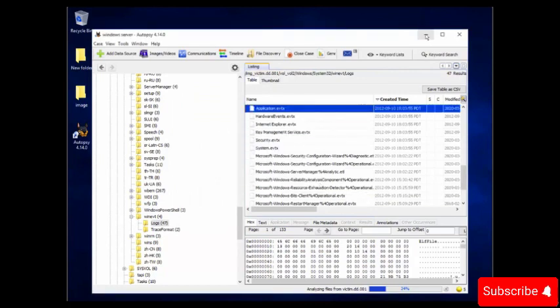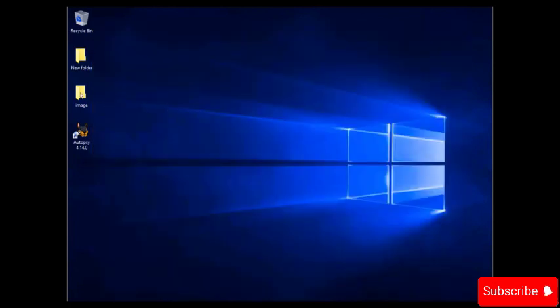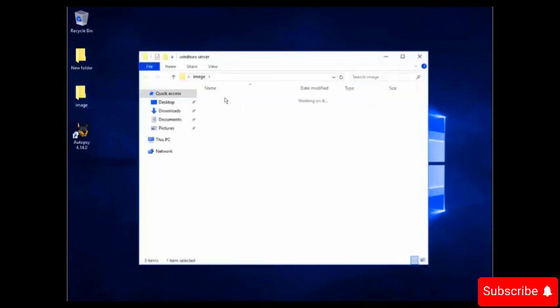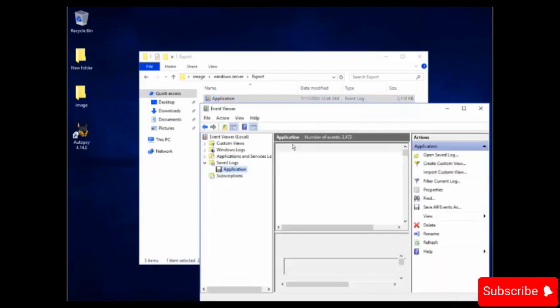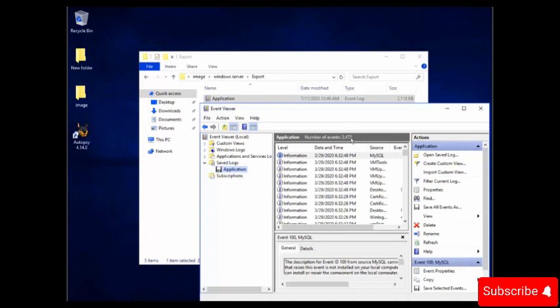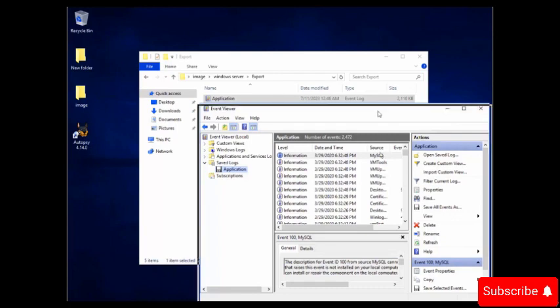Now let me minimize the tool and let's go to the image folder and then Windows Server, export. Now let me click on this application file. It will open in Event Viewer. You can see it says the number of events is 2472. Okay, that's just in application. Now let's look for system.